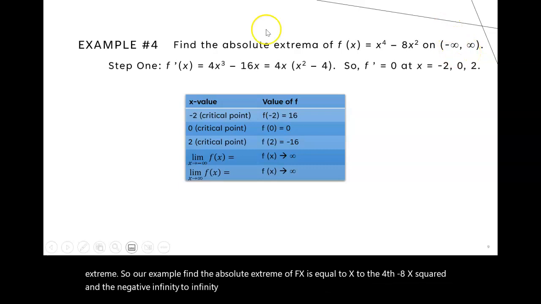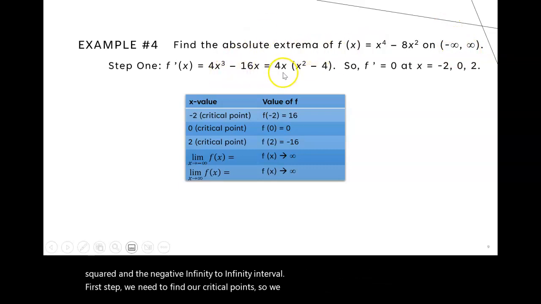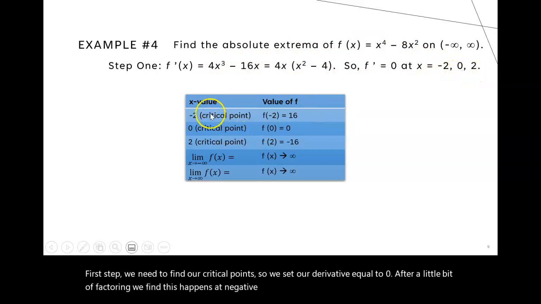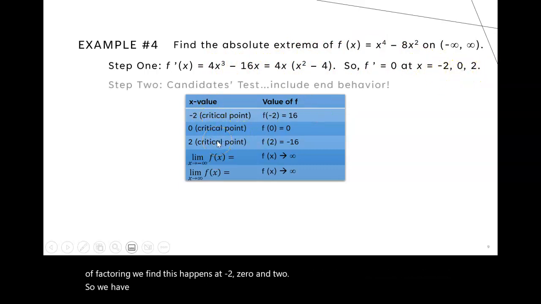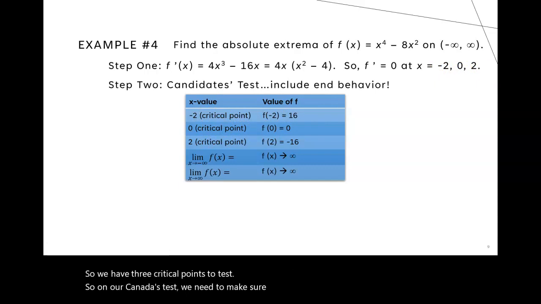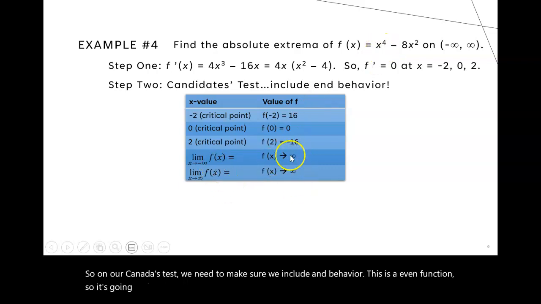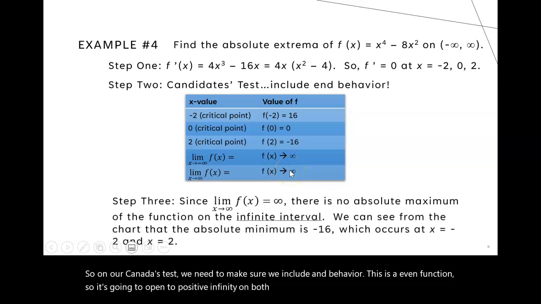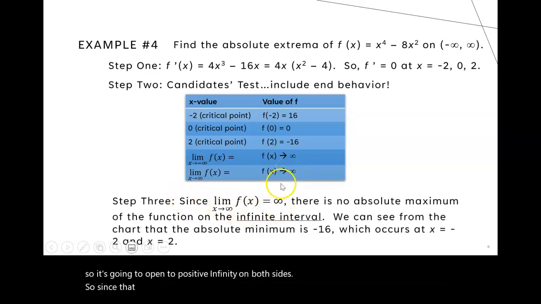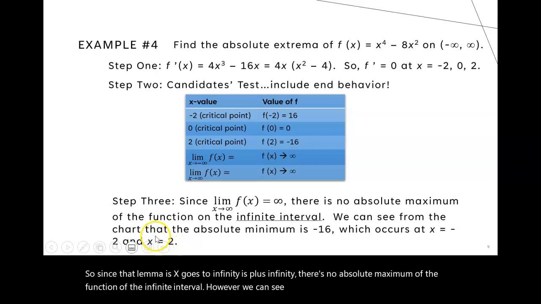First step, we need to find our critical points. So we set our derivative equal to 0. After a little bit of factoring, we find this happens at -2, 0, and 2. So we have 3 critical points to test. So in our candidates test, we need to make sure we include end behavior. This is an even function, so it's going to open to positive infinity on both sides. So since the limit as x goes to infinity is positive infinity, there's no absolute maximum of the function on the infinite interval. However, we can see that we get an absolute minimum, which occurs at x is equal to